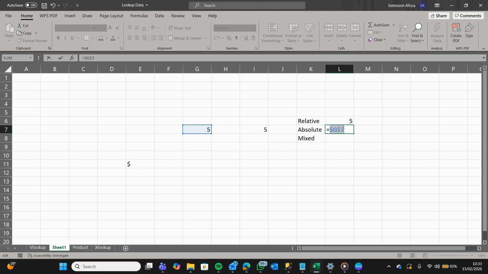So if you want to make it fixed, you don't want it to change, you want both the column and the row to be locked, then it means you have to use the $ sign. That is the first one to lock the column and the second one to lock the row. So that is majorly what